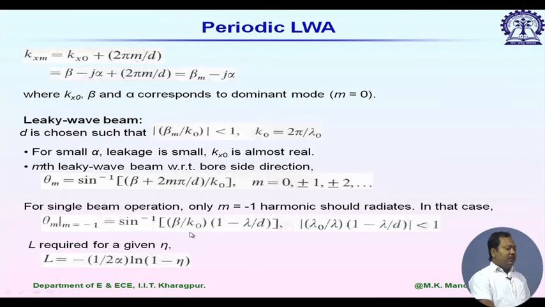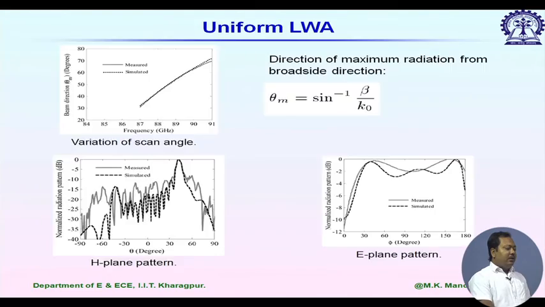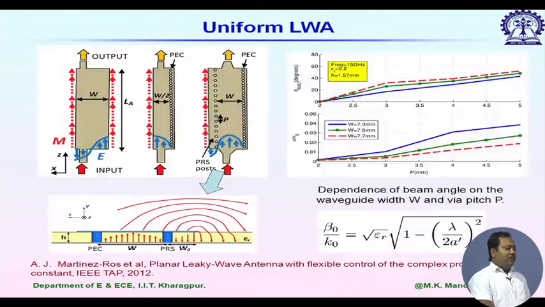is minus 1, when d is lambda by 2. If I consider the periodicity, that is equal to lambda by 2 at the starting frequency. So it is taking minus 1, and radiation will start at theta m equal to minus 90 degree. So if I go back to this figure,